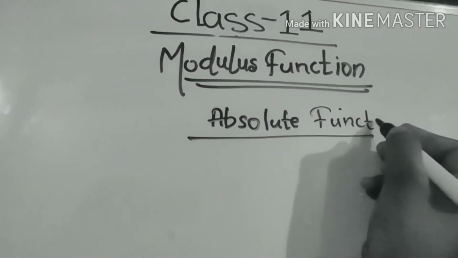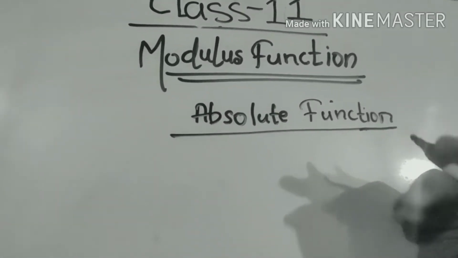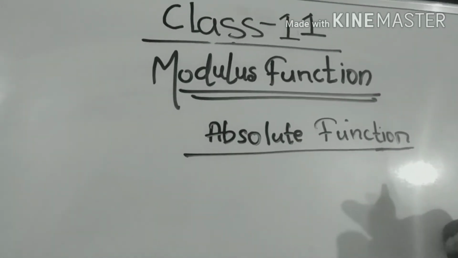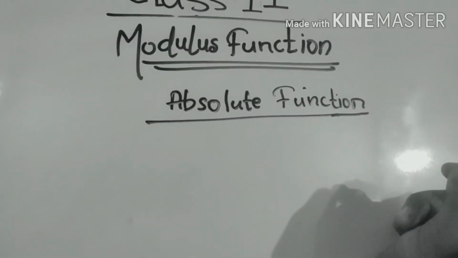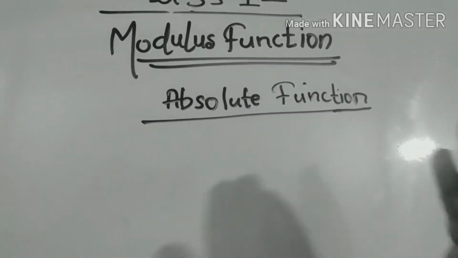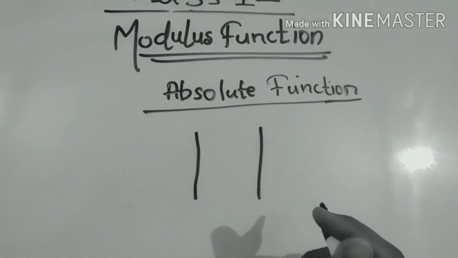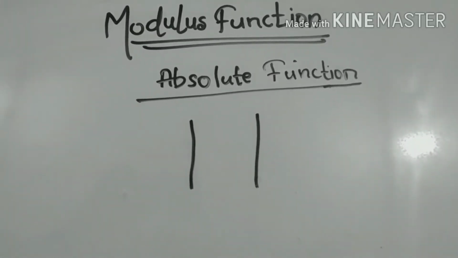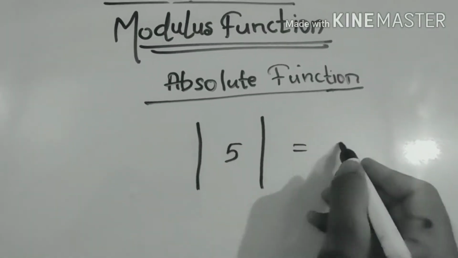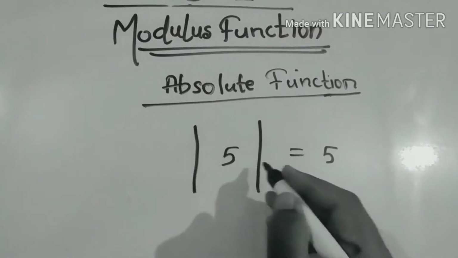So what is a function? A function is a kind of operation that is performed using any mathematical tool. We usually denote the modulus function with this sign. Now you remember this was something we read in previous classes, where we were told to just find the value out of this. If there is a 5, we'll write 5. This is a thing which just converts all the values inside into positive.